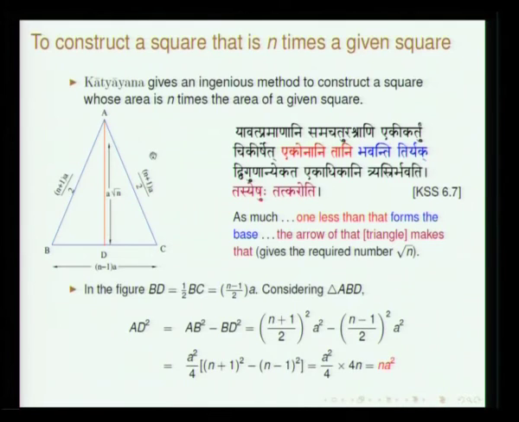So, from this what you get is basically the value of root n. So, the problem has been posed as a problem of constructing a square whose area will be n times the area of smaller squares, whatever be the dimension. This is what you are going to get. Okay. See, yesterday I was mentioning that the Shulva theorem or Bodhayana theorem, which is generally referred to as Pythagorean theorem, is what is under operation.